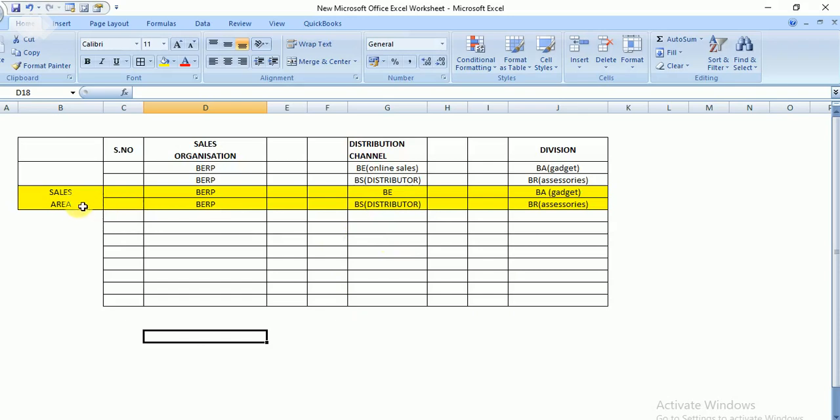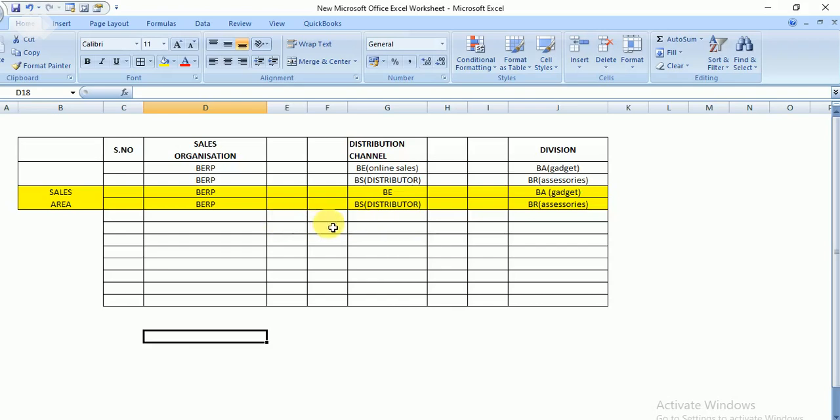So now let us concentrate on the sales area. So this sales organization is responsible for both these distribution channels, that is BE online sales and distributor sales. So suppose if you want to have online sales for accessories, then what you have to do?